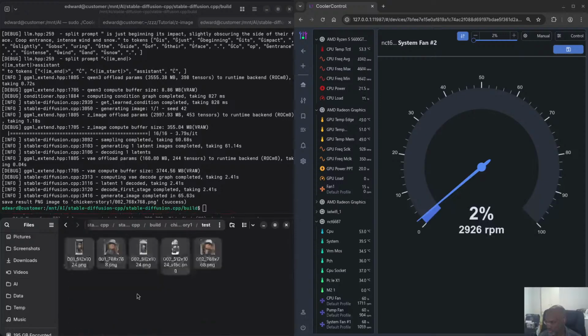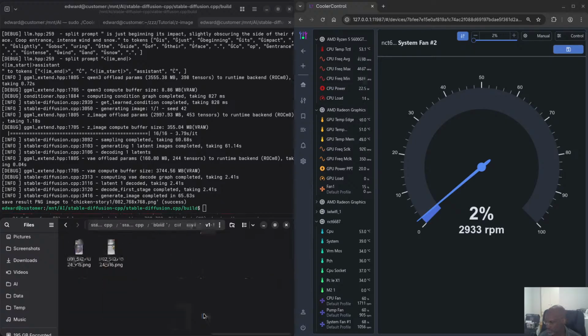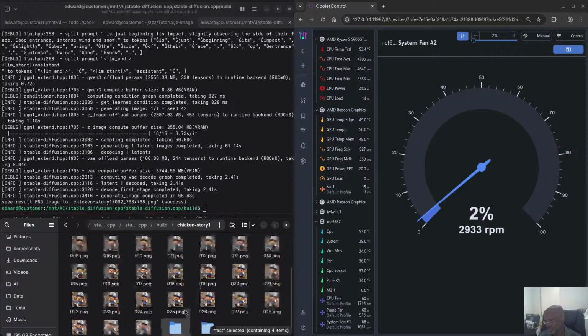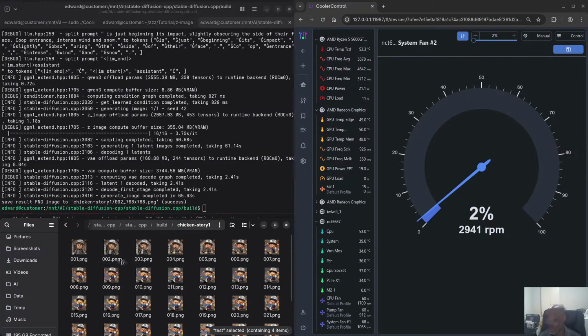Into test, and then I think this one should not be here. It should go in here. There we go. So I generated, yeah, there we go. Those are the images I generated in the test. Yeah, so there we go. So obviously this Z image is vastly superior to the other one, and then so the idea was, I said